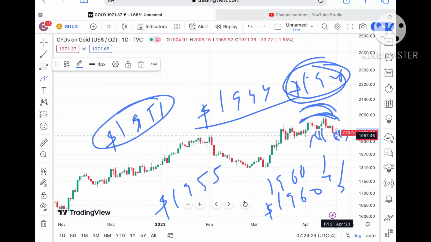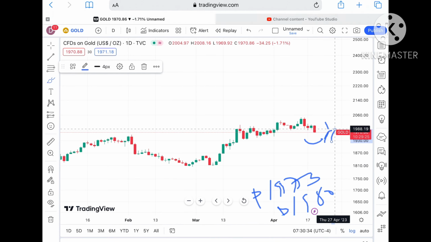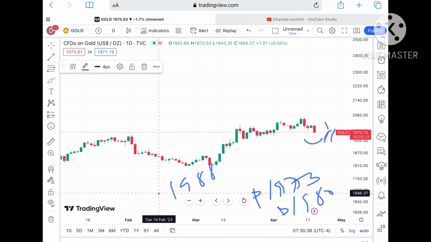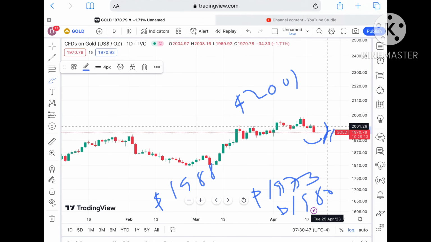But suppose the price forms a swing at this particular level, and if this level sustains, it can cross a level of $1973, which is already a weak resistance, and chances will be very high it can cross that particular zone and go towards a level of $1980. And if that level moves further upside, then chances of going further upside are there, and then we can see a level of 1983 to around 1988, which is already a weak resistance, so chances will be very high it can move further upside, and a probability that it can cross a level of $2001, and it can go further upside towards a level of around